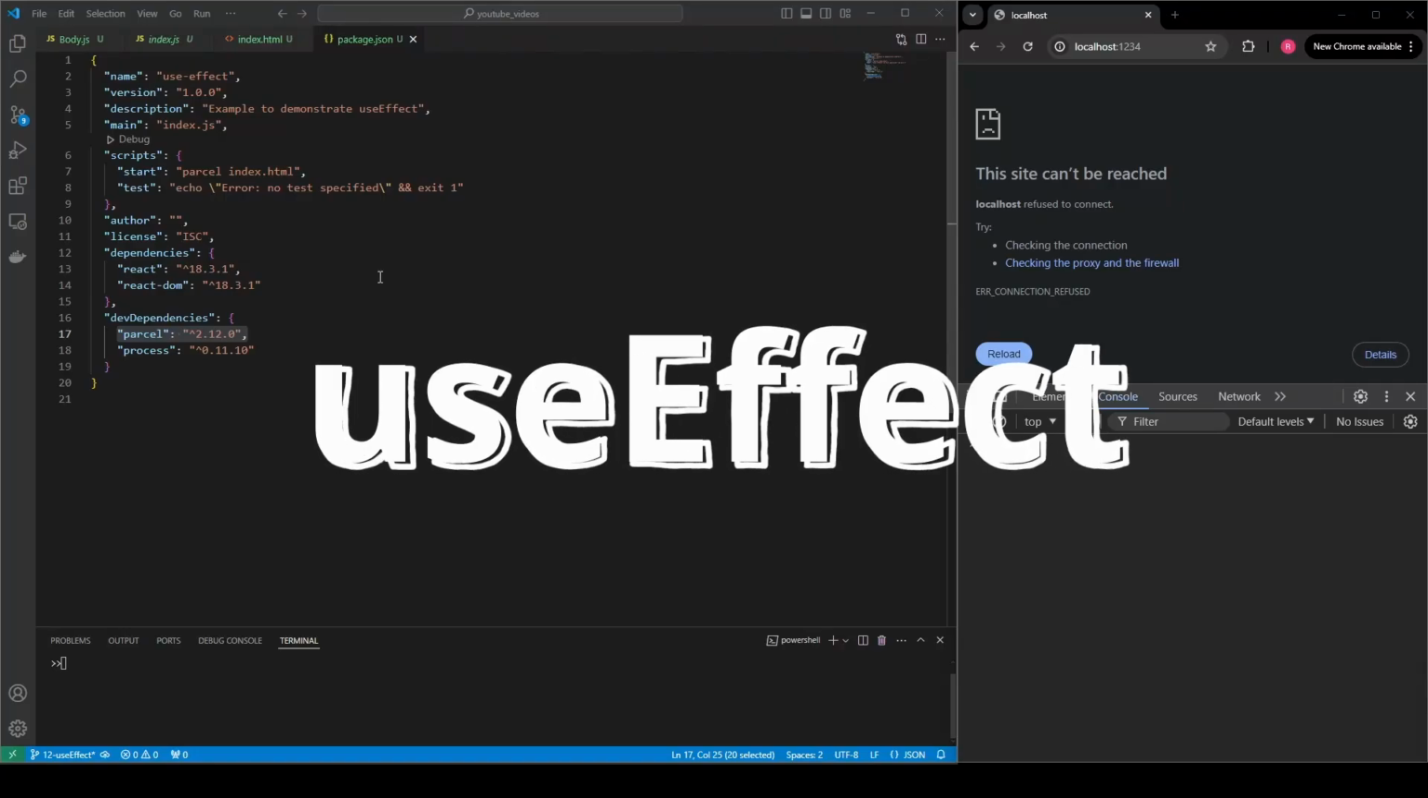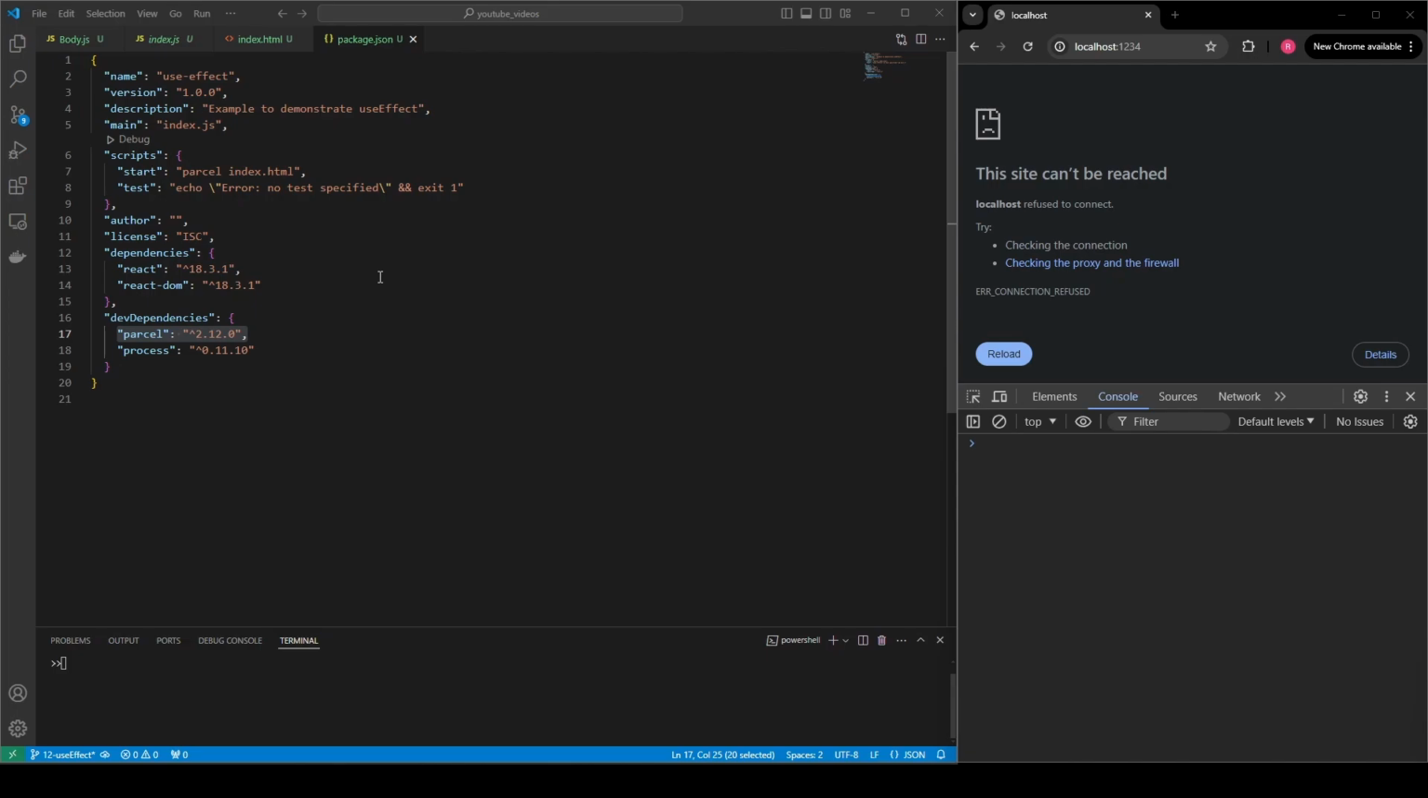Hi all. Today we'll see how useEffect works in React, and starting from the basic implementation we'll see what all useEffect offers and how we can make the most out of it. Before proceeding further, I'll brief you about the basic React app that I'll be taking as an example to demonstrate